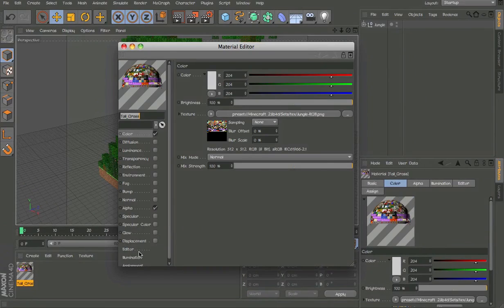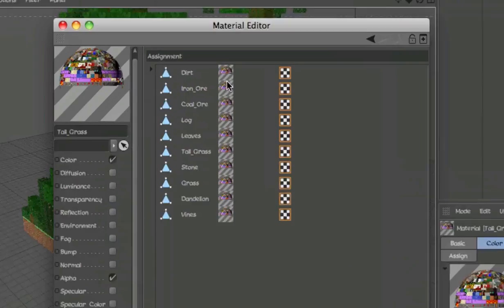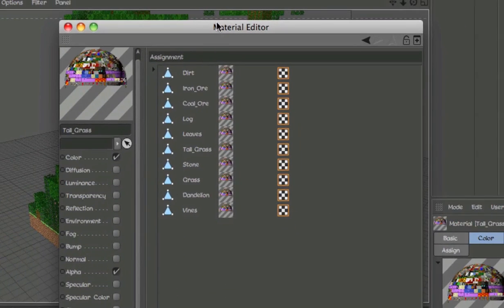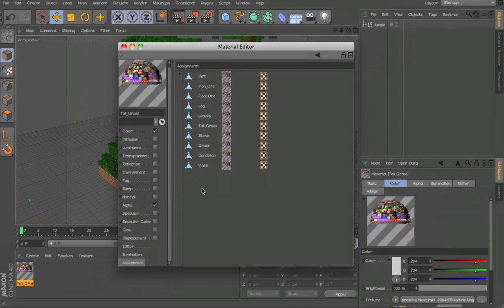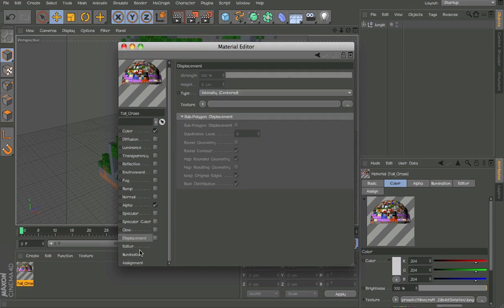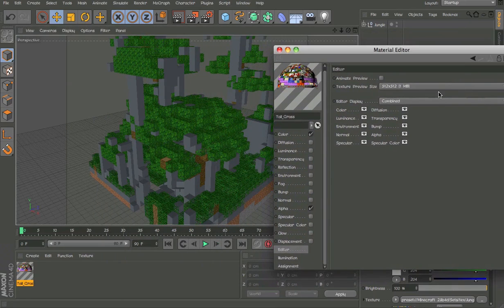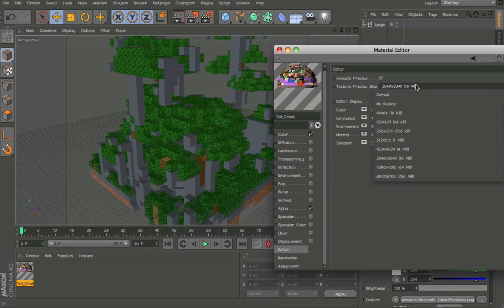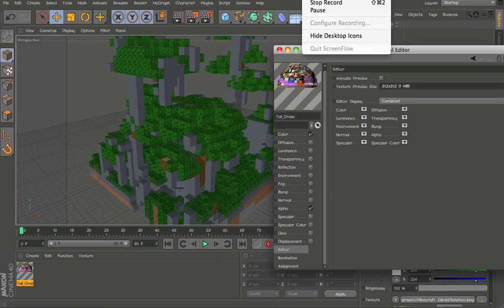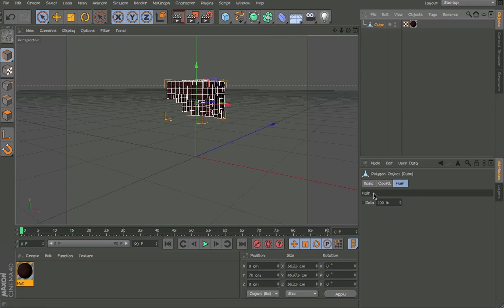And if you go to here, assignment, it tells you which items have this texture on it, so you can even delete it here. So yeah, and if you want it to be higher quality, you can go to texture preview and just increase it like this. So yeah, the next thing is how to